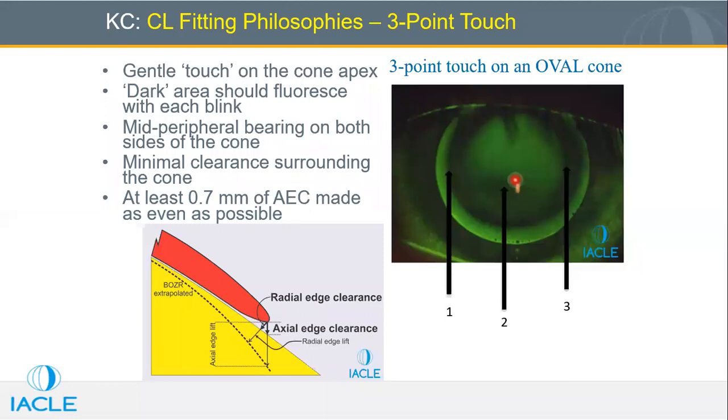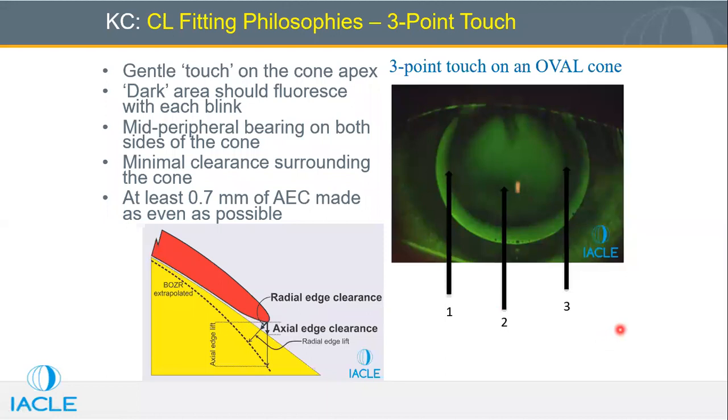So you have to look for this apical touch at the steepest part of the cornea. अगर आप इस टच को सेंटर में ढूंढोगे तो आपको कभी भी नहीं मिलेगा, और ये आप सेंटर में क्रिएट करने जाओगे तो you will give a bad fitting lenses to the patient. So identifying the steepest part of the cornea is very important, and that's where a good slit lamp examination helps you. क्योंकि slit lamp examination में भी आप slit बना के you can identify which part of the cornea is most bulged out. तो लेंस वहीं जाके टच करेगा mostly.